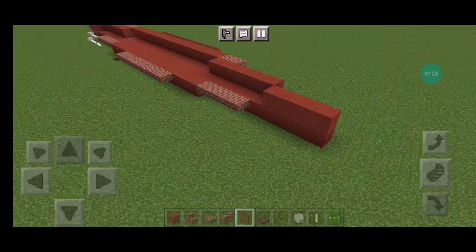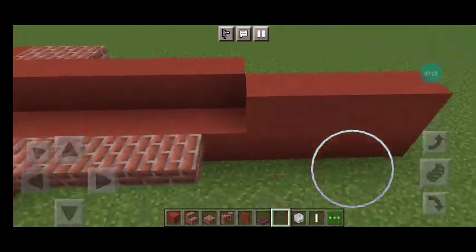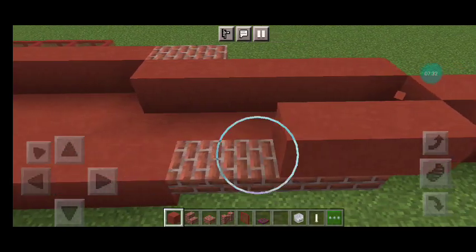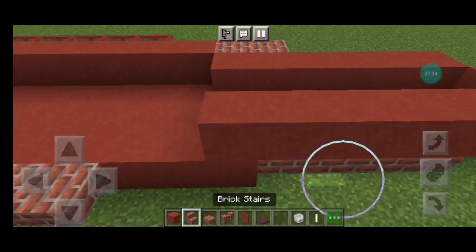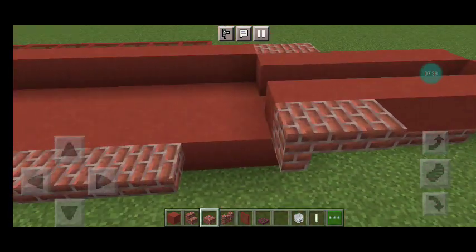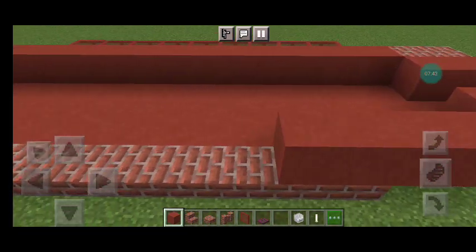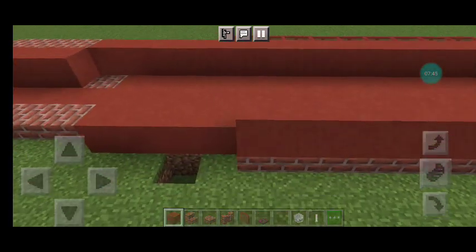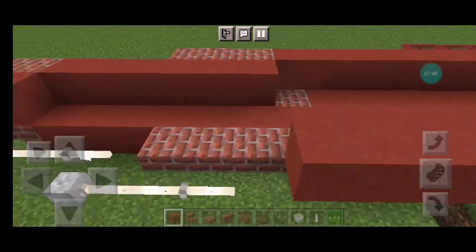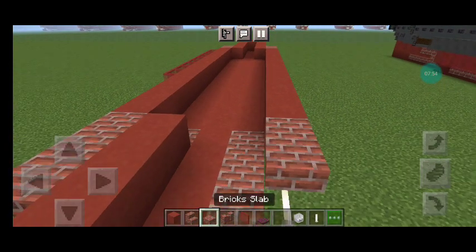Alright, moving on to Layer 2. You want 1, 2, 3, 4 red terracotta, and then you want diagonally 1, and then 1, 2, 3, 4, 5 behind it. You want a brick stair and a brick slab on the side and the back, just like that. And then 1, 2, 3, 4, 5, 6, 7, 8, 9, 10, 11, 12, 13, 14, 15 red terracotta, and then 1, 2, 3